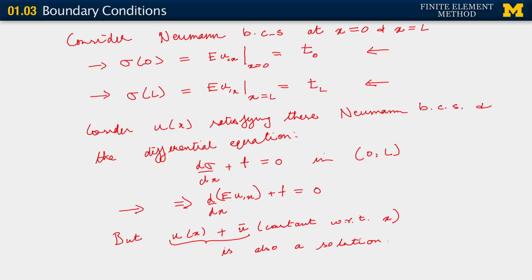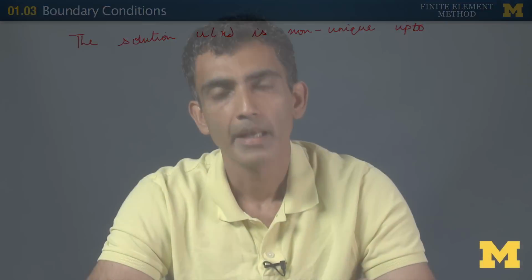So what we see is that if we have Neumann boundary conditions only on our problem, the solution u of x is non-unique up to a constant displacement field, and in the context of elasticity, a constant displacement field is also called a rigid body